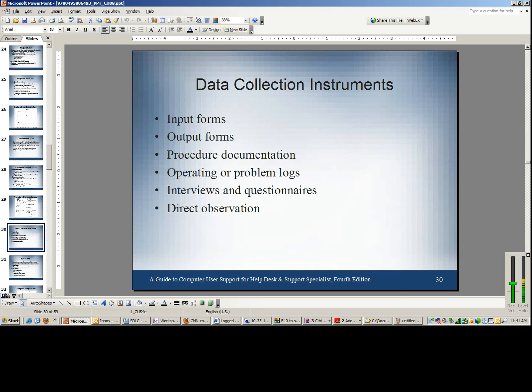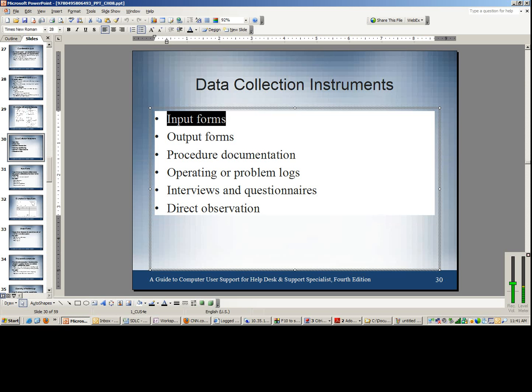These are the different data collection instruments, and depending on your role in the project team, if you are a database administrator in the project team, you have a major requirement of collecting all of the input forms and the output forms, because these forms would form part of your normalization step. And if you're not familiar, normalization is a process that the database administrator undertakes by collecting all of the forms, both input and output forms that are present in the current system,